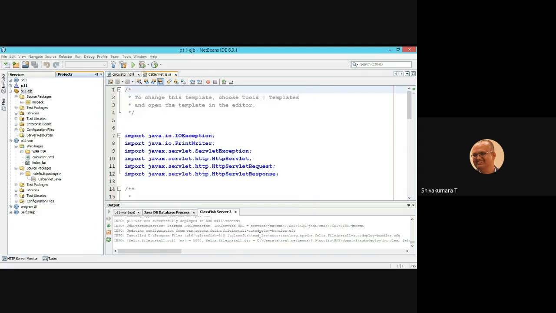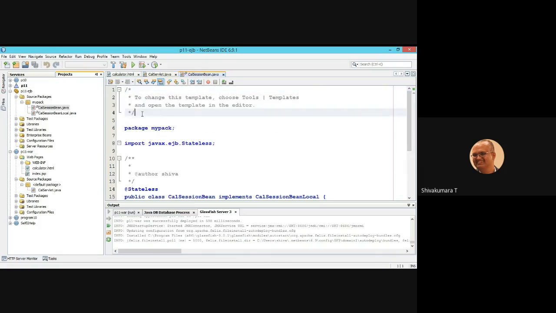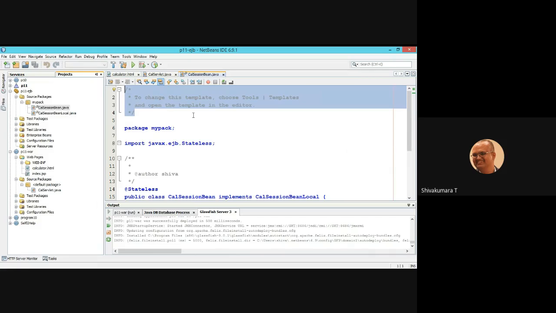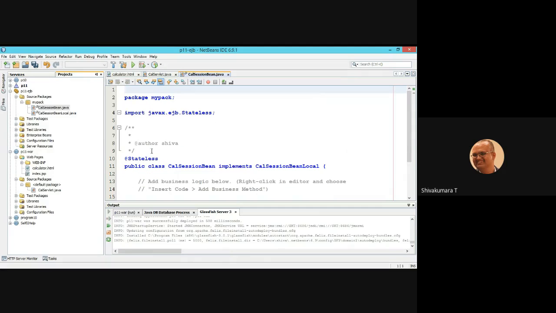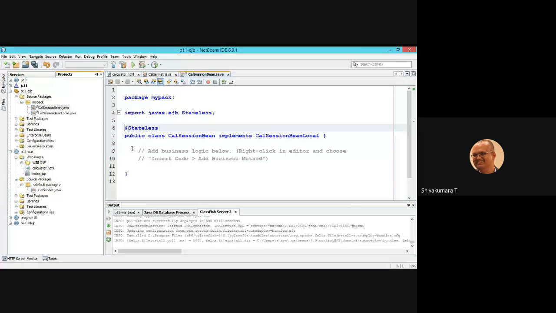I'm going slowly because it is an interesting one, and if you miss a single step, you won't be able to execute. That's the reason I am going slowly. Now, as the comment suggests, add business logic below: right click in editor and choose insert code, add business method.